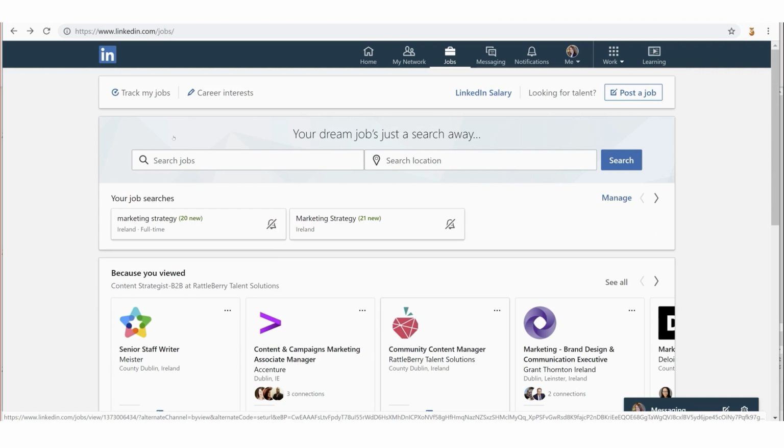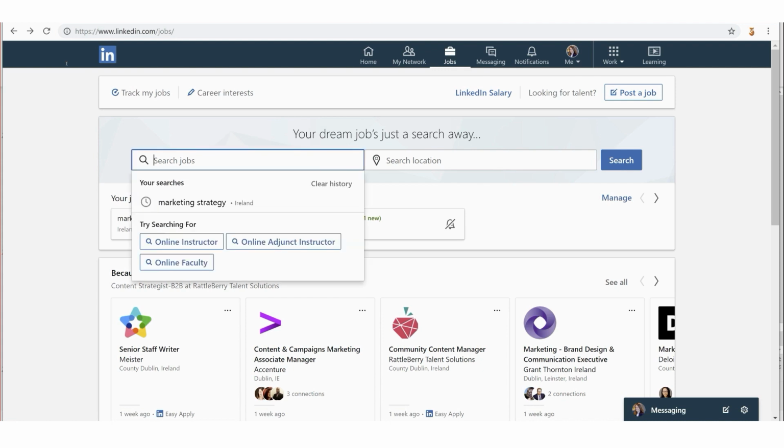Now next we're going to search for a job, and we're going to filter and refine it. So to do that, we click on the search jobs box, and you can see here it says "Your searches." So it knew that I had searched for marketing strategy recently, but for some reason it's also giving me suggested job titles here, and this is because I have the words online one-to-one training in my current job title.